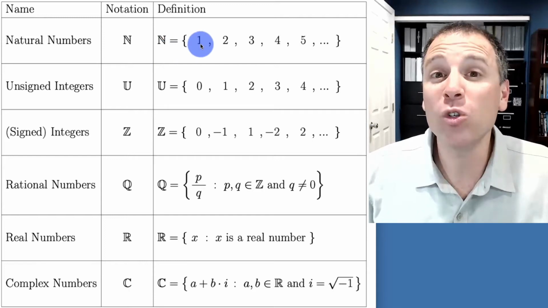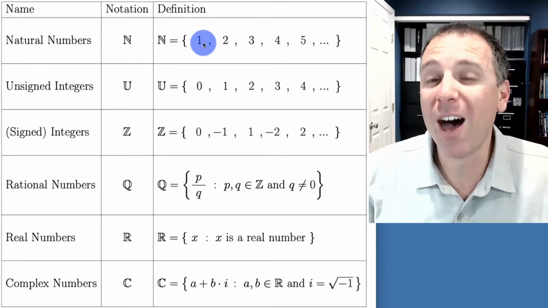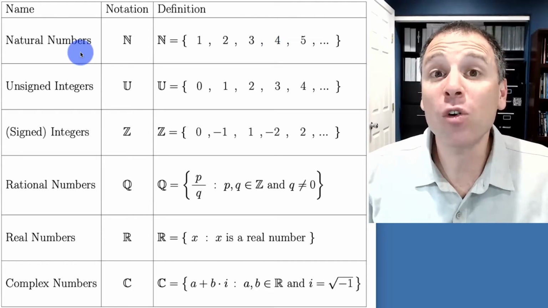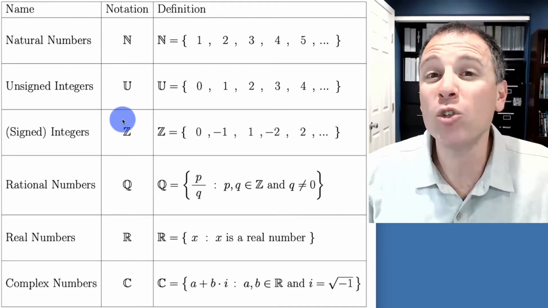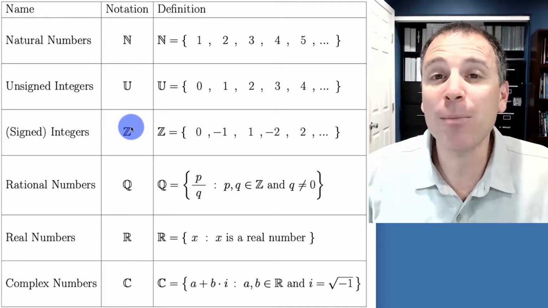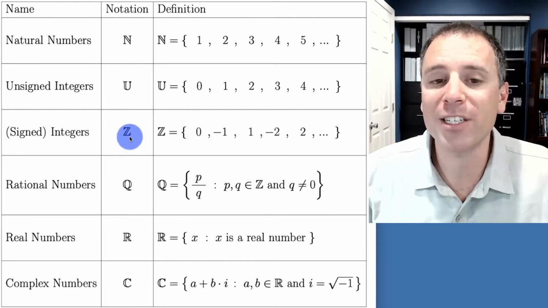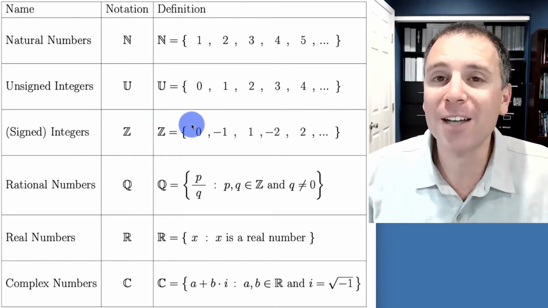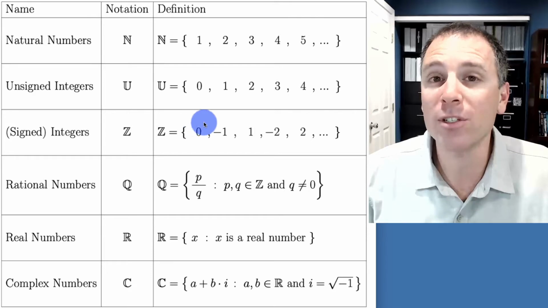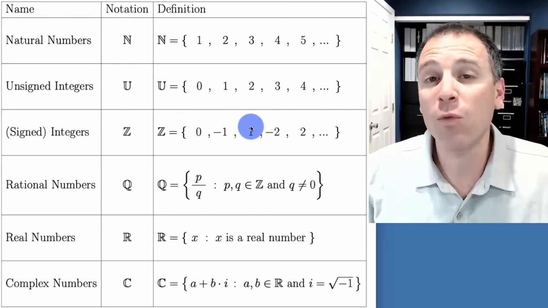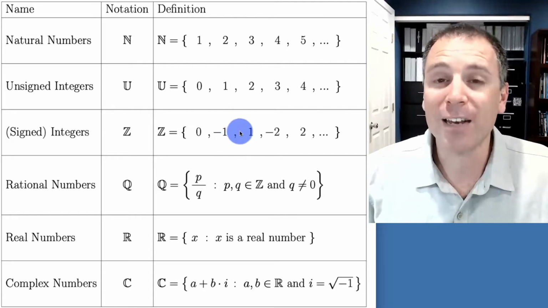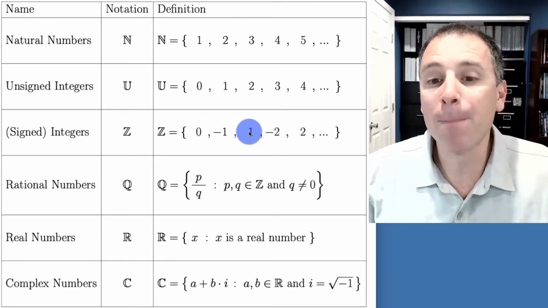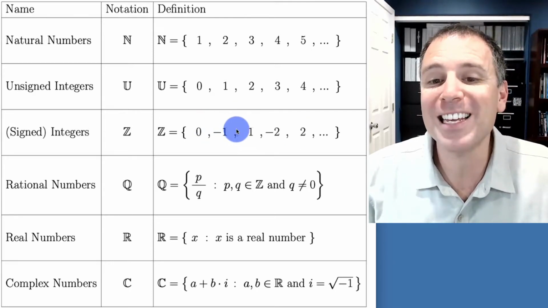The natural numbers include all positive counting numbers, or all positive whole numbers: 1, 2, 3, 4, all the way up to infinity. In conventional mathematics, we actually go from the natural numbers up to the integers. The integers are labeled with blackboard Z notation, so it's a Z where the diagonal is double lined. Those integers include all positive, negative, and zero whole numbers. The way I like to write this best is 0, -1, 1, -2, 2, -3, 3. So this tells us that 0 and all negative and positive whole counting numbers are in the set of integers.